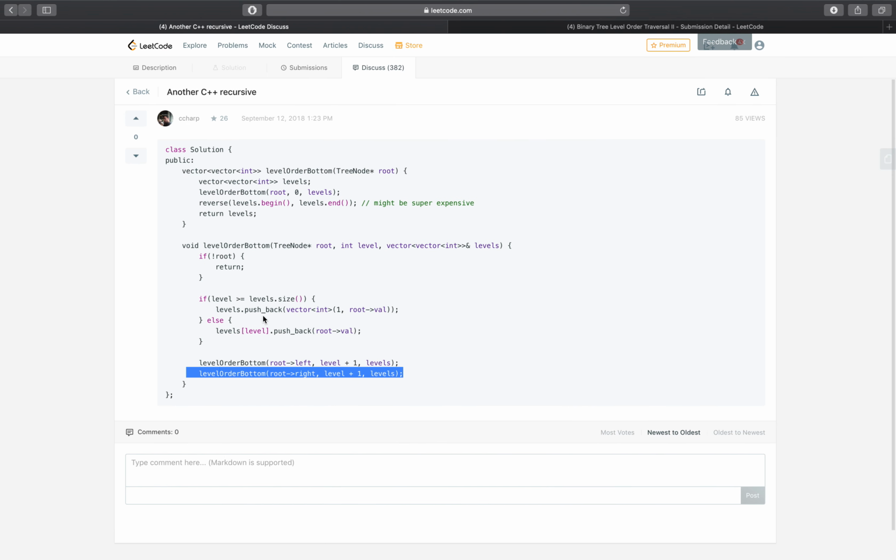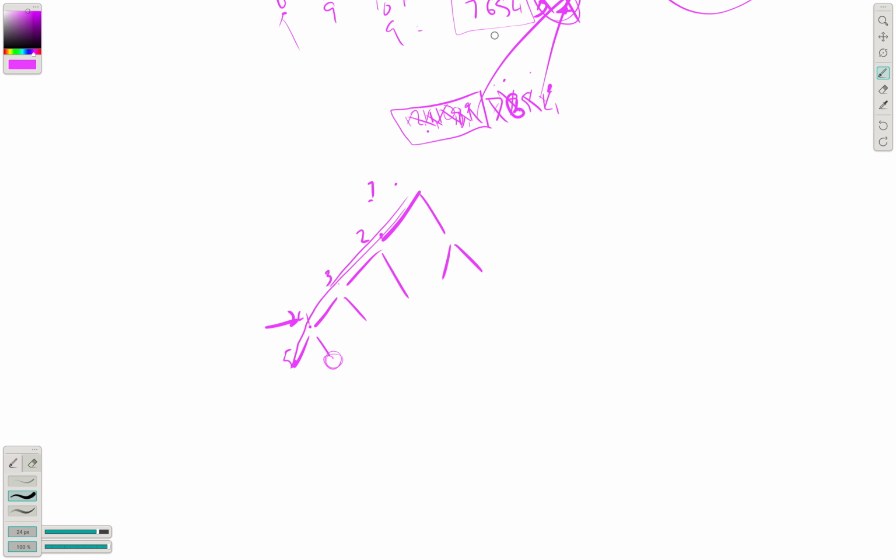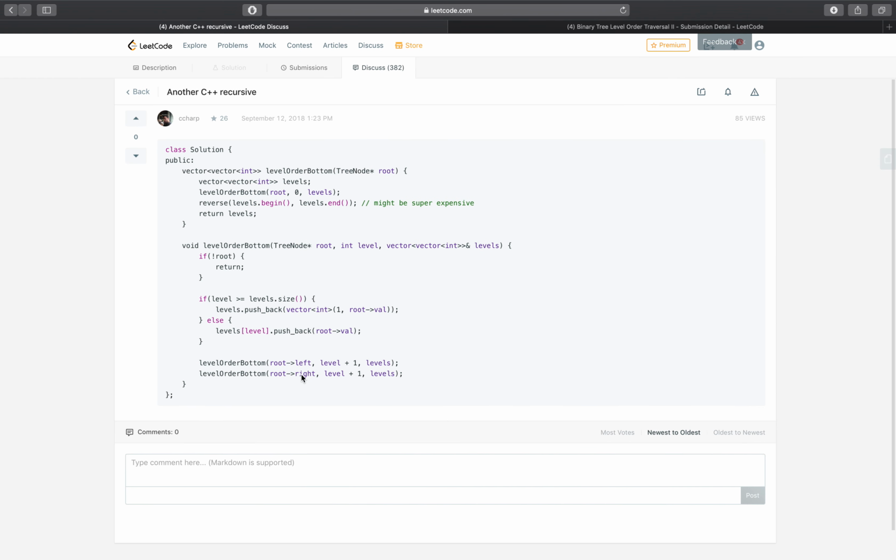And here it exists, so it actually exists because wait, level is greater than or equal to... wait, how many levels? This is 1, 2, 3, 4, 5. It's 5, and then